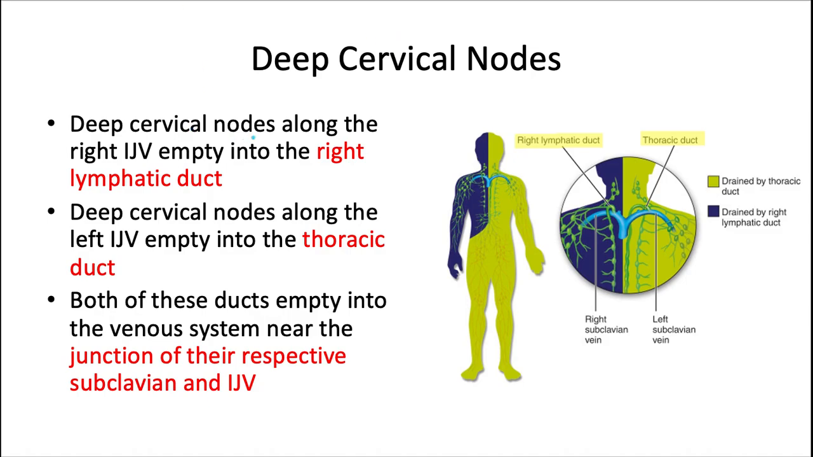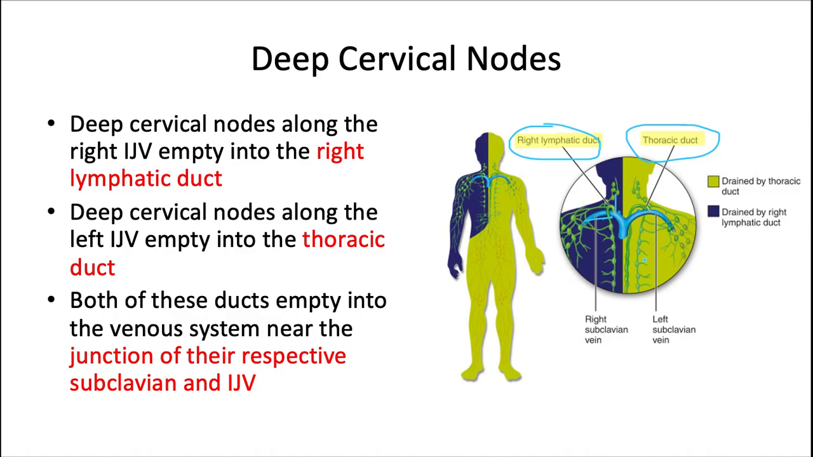The deep cervical nodes along the right internal jugular vein empty into the right lymphatic duct. The deep cervical nodes along the left internal jugular vein empty into the thoracic duct. So there's not a left lymphatic duct, it's just a thoracic duct. And both of these ducts empty into the venous system near the junction of their respective subclavian and internal jugular